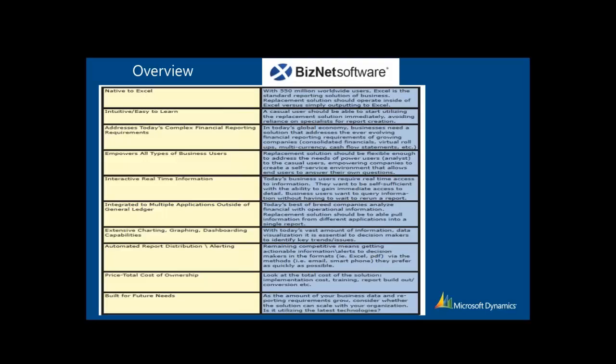Okay, we have real-time information. It's integrated in multiple applications outside the GL. We can do extensive charting and graphing, which I've talked about. I can distribute these reports. The total cost of ownership is very inexpensive for what it does. So you literally can get into development and deploying these reports within $2,000 to $3,000 initially for initial investments for Excel-based reporting. So these tools are inexpensive at an entry level,